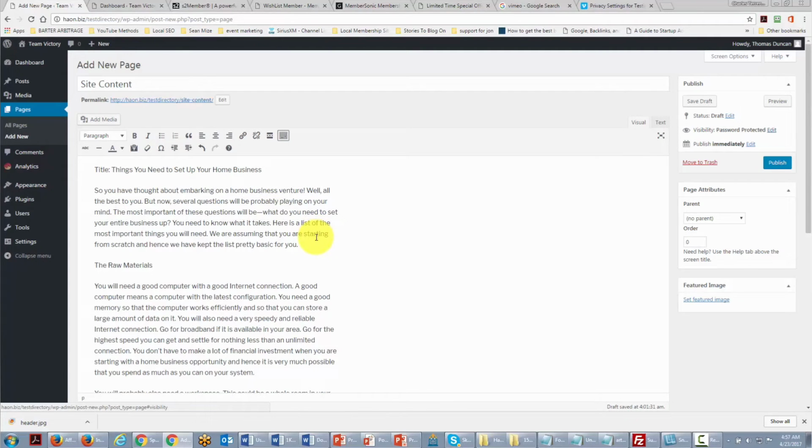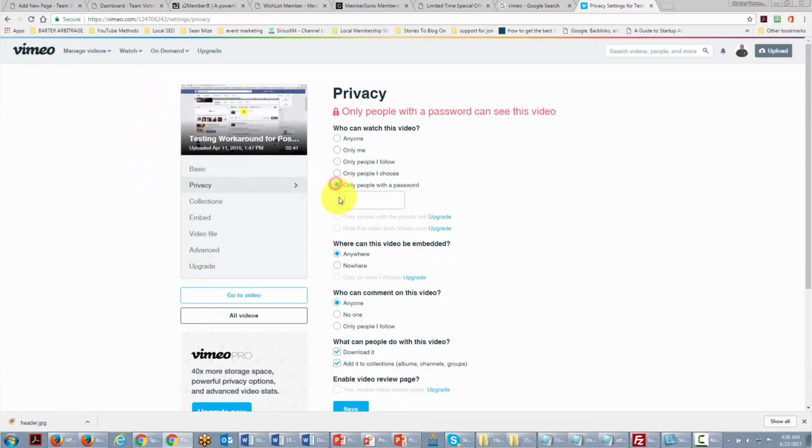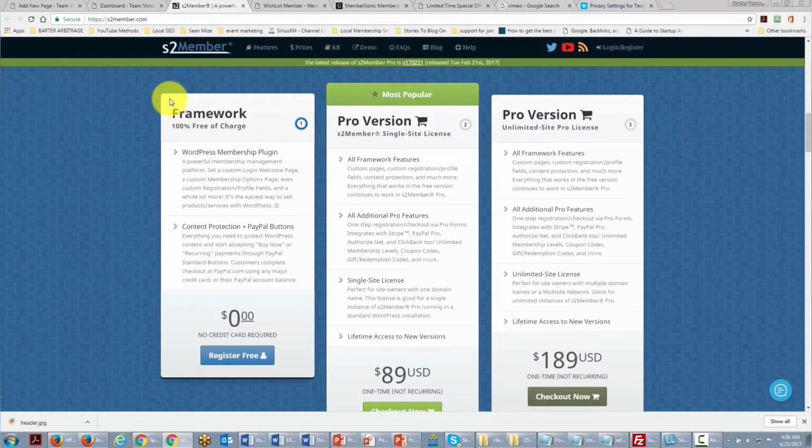They don't necessarily pertain directly to WordPress. You can actually upload a video to Vimeo, and you can make it password protected. So you can password protect the video as well as password protect the post. Now, WordPress has some free solutions that do give you more flexibility in terms of how you're going to safeguard